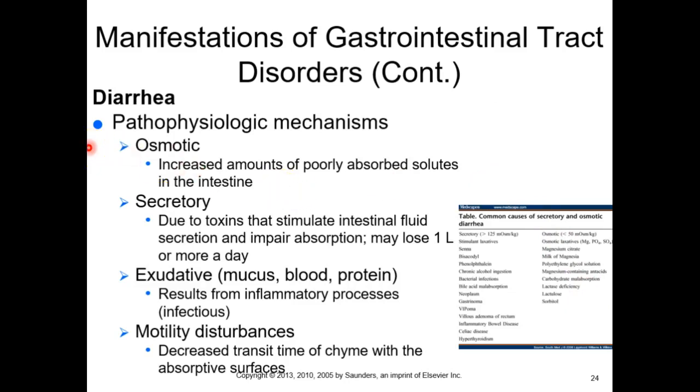So diarrhea could be because of osmosis. If you have some indigestible solute in your large intestine, where does water go? To stuff. So osmotic diarrhea would mean that there's some poorly absorbed solute in your intestines and water is going towards it, and that's going to cause diarrhea. So when I say poorly absorbed solutes, that could be any number of, what's that? Yeah, you do it on purpose with some of your laxatives, right?